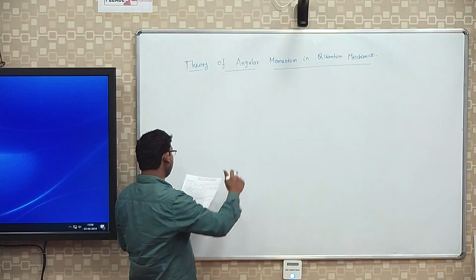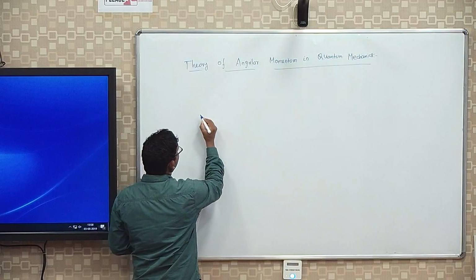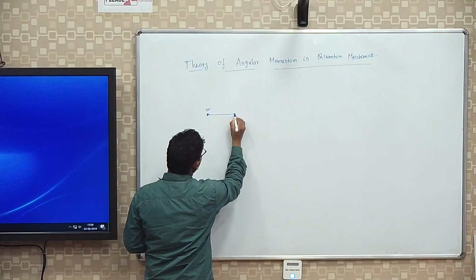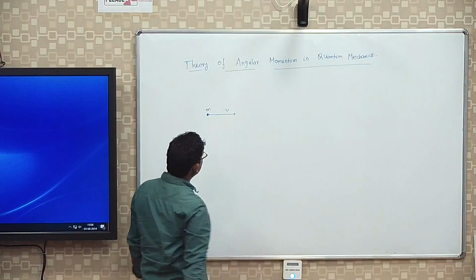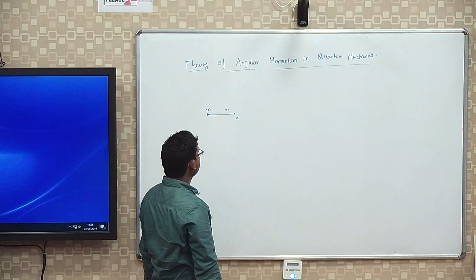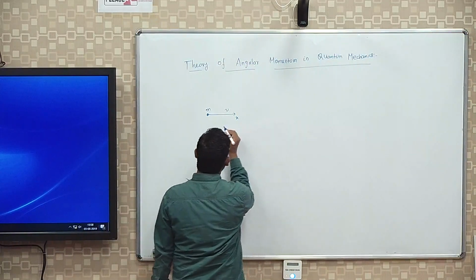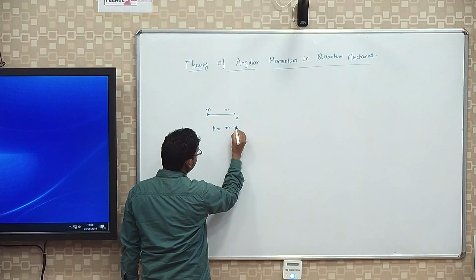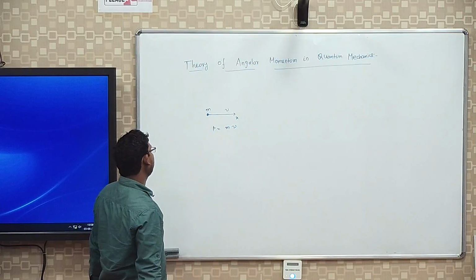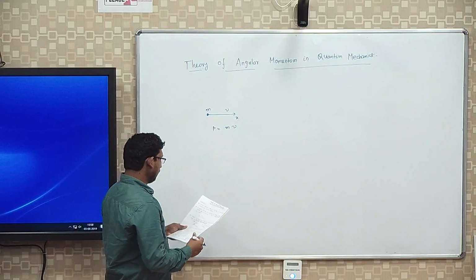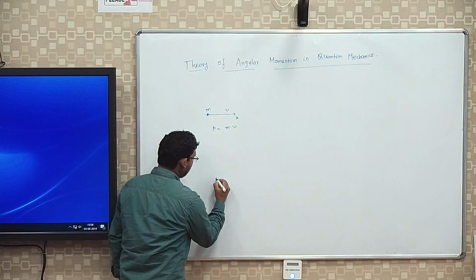For example, a particle of mass m moving with velocity v in the direction of x is associated with a linear momentum p equal to m into v. If the same particle is moving in a circular path of radius r,